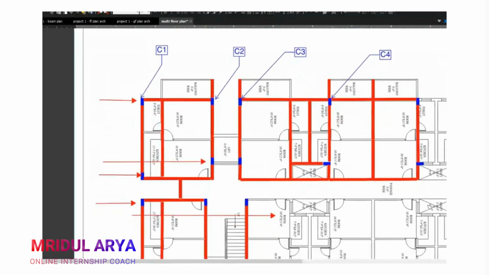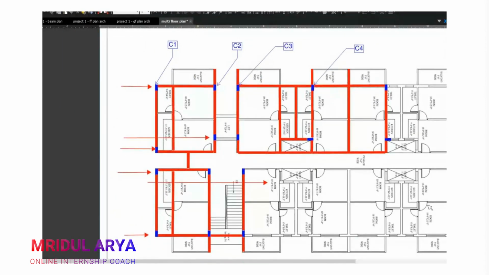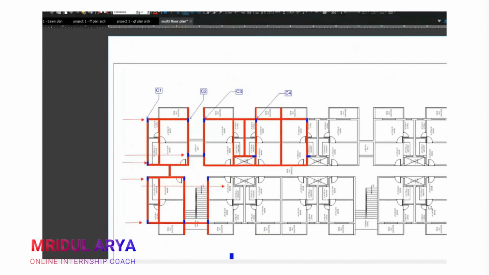Now we come to the beam portion. In the beam portion, you have two options. One is to go block by block, or go grid by grid.